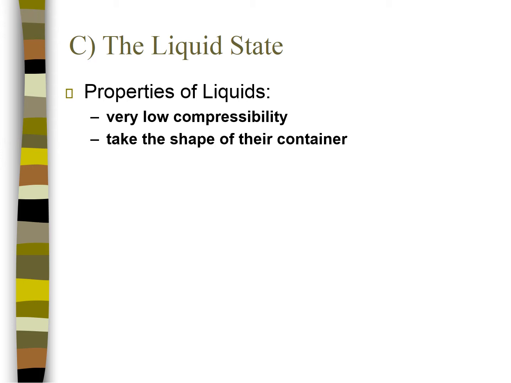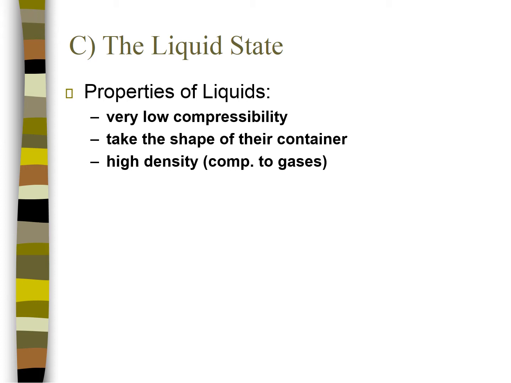Liquids, like gases, do not have any kind of definite shape. They take the shape of whatever container they're put in. Similarly, we can talk about the density of liquids. Compared to gases, the density of liquids is very high. Ranked, we would say solids generally have the highest densities, liquids are moderate, and gases have very low density.